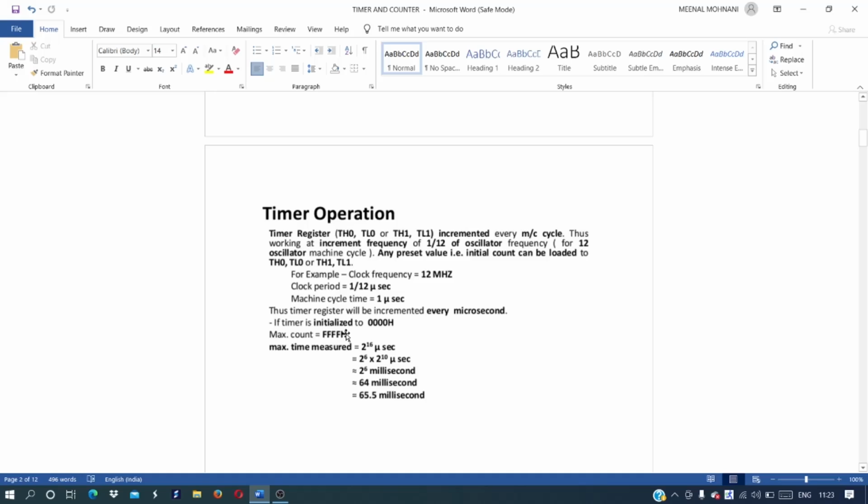The FFFFH is 2 to the power 16. So we multiply 2 to the power 16 into microseconds. That will be equal to 2 to the power 6 and 2 to the power 10 microsecond, and that will be 2 to the power 6 milliseconds, and you can see the calculation that will be approximately equal to